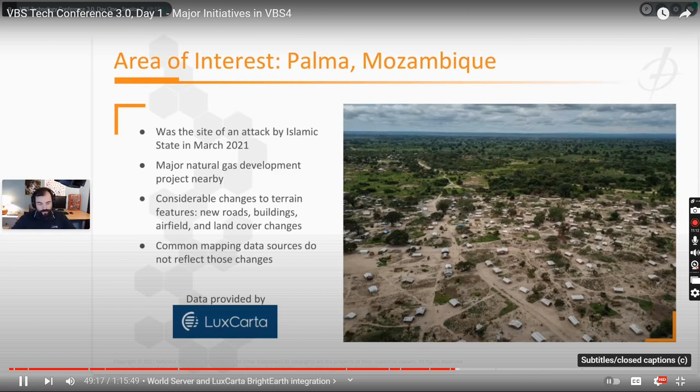So there's a lot of new roads that have been built, a huge number of new buildings. There's an entire airfield that didn't exist as recently as the end of 2020. And then all of the associated land cover changes for areas of deforestation and those